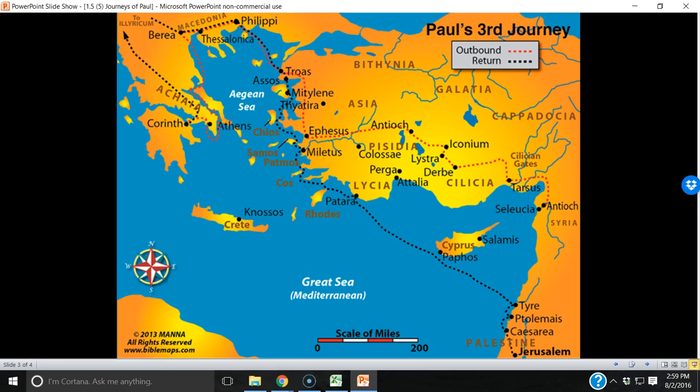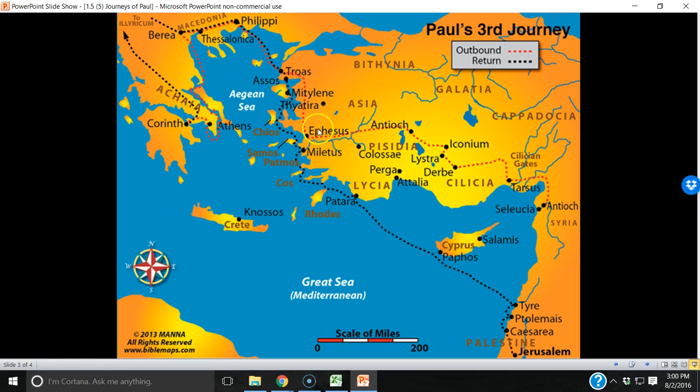And then what happens here in Corinth is he basically is going to revisit the Corinthian church. There's a lot of history that takes place in the third journey, which we'll talk about later when we study 1st and 2nd Corinthians. But for now, we'll see that he's going to backtrack up here, and this is where he may have gone further west, but he's just going to hit these churches again. Instead of going right across the Aegean Sea, he's going to head over here, back to Philippi. But now notice how after Troas, he's traveling south and he goes to Miletus. He doesn't go to Ephesus.